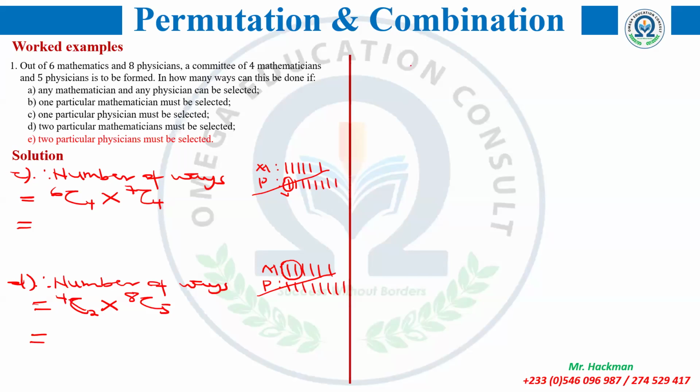So E, and then we do our rough work. Assuming the rough work is here. Therefore, number of ways will be equal to